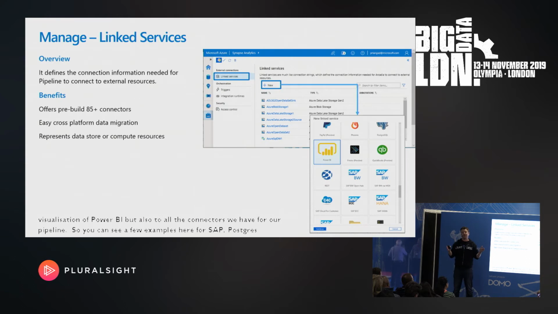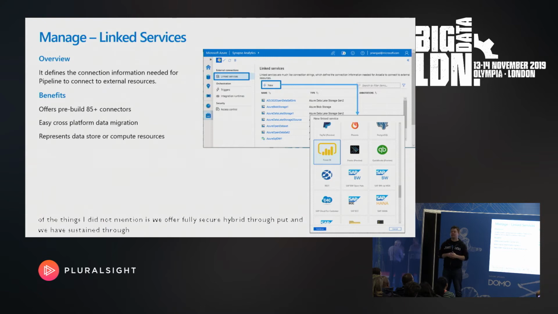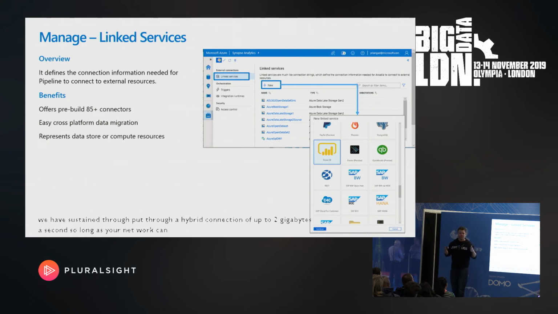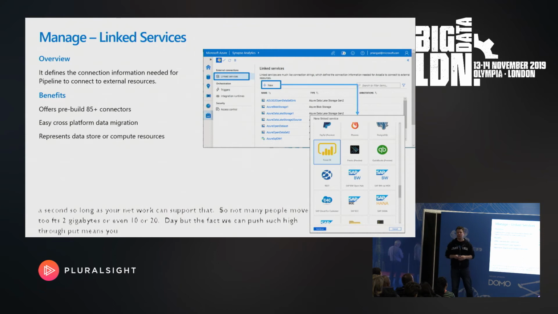And one of the things I didn't mention is we offer fully secure hybrid throughput, and we have sustained throughput through a hybrid connection of up to 2 gigabytes a second, so long as your network can support that. So not many people move 2 gigabytes or even 10 or 20 gigabytes a day, but the fact that we can push at such high throughput means you can shorten that time in your ETL load and you're not bottlenecked